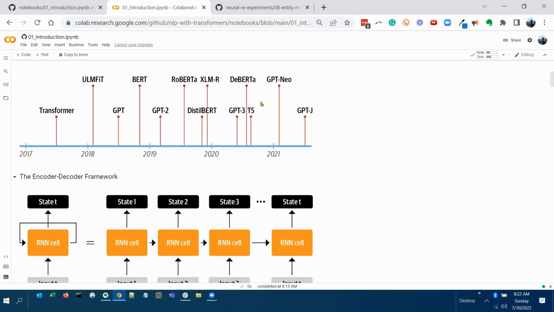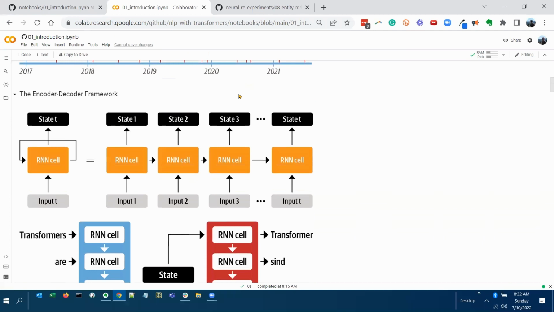Okay, so I guess that's pretty much all in that section. Now, the next section, which is page 2, by the way, if you've got your books, I hope everyone has a book: the encoder decoder framework, okay? And I think what he's trying to do is just go through, first of all,